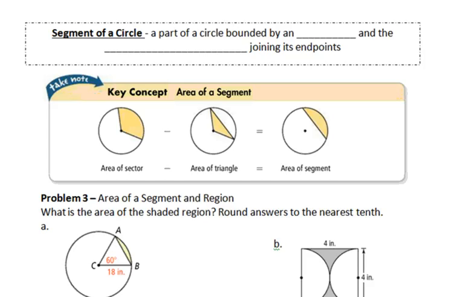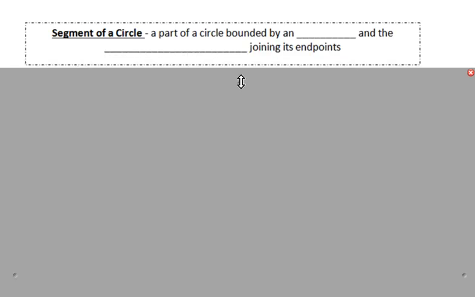Now the last thing we want to do is a segment. It's a little bit different. It takes both of those two things into account. So what a segment is, first of all. A segment of a circle, not a sector this time, it's way harder to put into words than to visualize. So let's just put it into words first, and then we'll show you the picture. A part of a circle bounded by an arc again, and the segment joining its endpoints. It's the segment this time